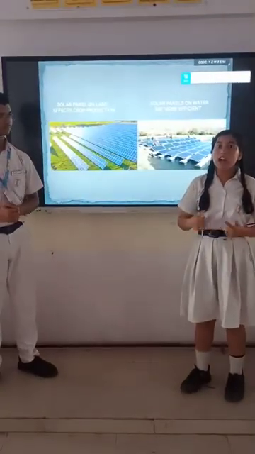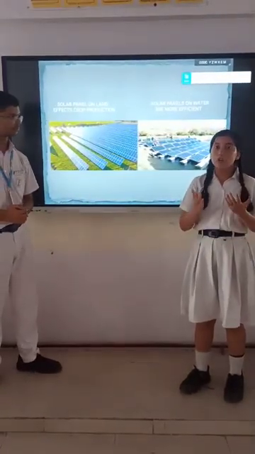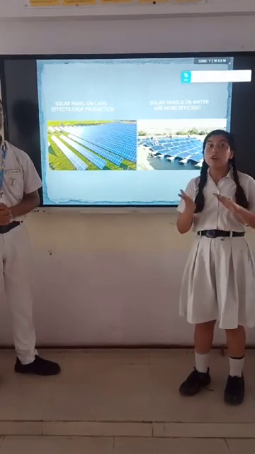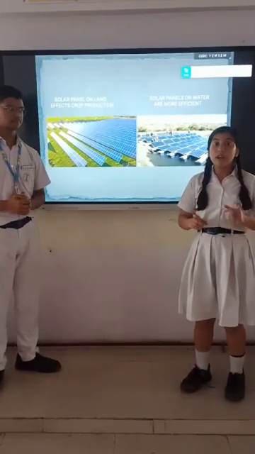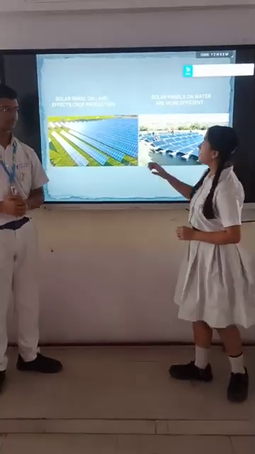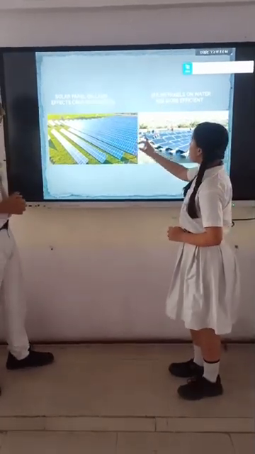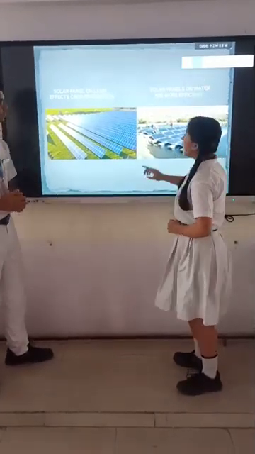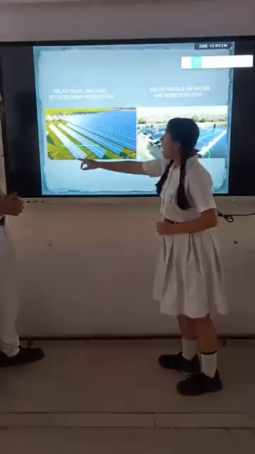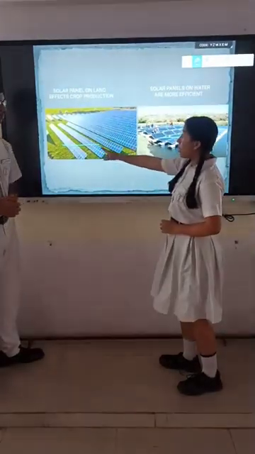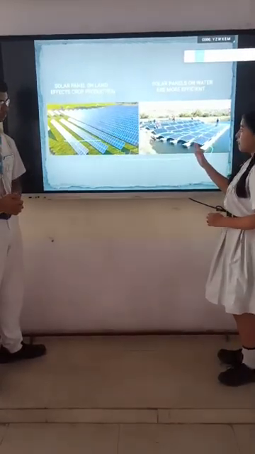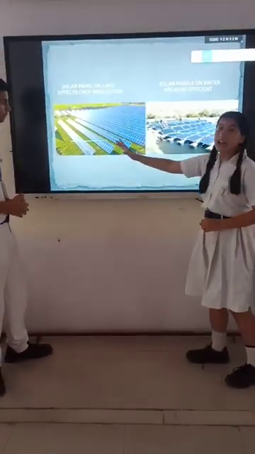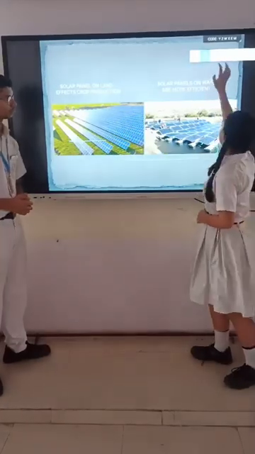Now we will also add a servo motor and LDR to the solar panel, which will help it tilt according to the rays of the sun, and the electricity generated by it will be stored in a storage battery. Now as you can see in the two images, this image shows how much area is consumed by the solar panels. Whereas when we install them on this type of lake, this area will be free and can be used for more agriculture purposes.